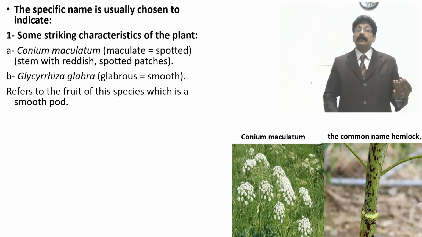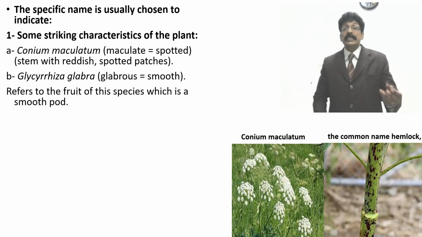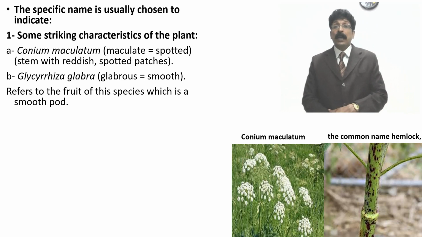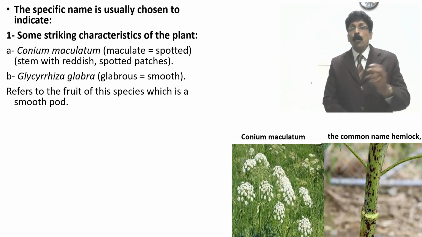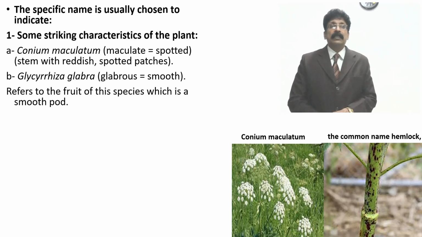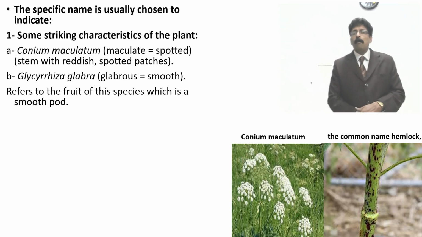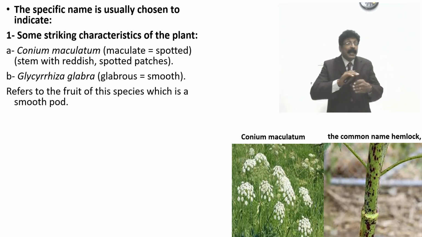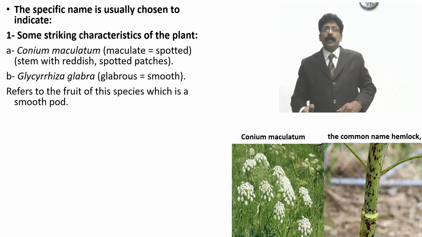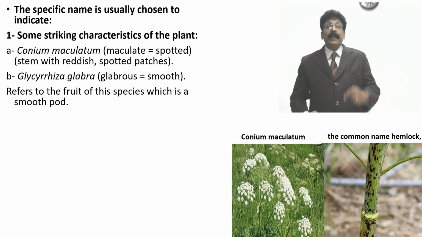The pod is also used as a spice in various spices. The fruit pod of the plant species has a smooth pod. It is very smooth, polished. So they use the word glabrous,